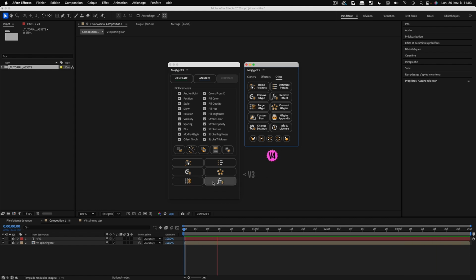So you have the other ones you had there, they are now there, okay? So you still have custom font, you still have remove glyph, remove effects, okay, just like you had before. And you have change settings and info license there. And you have a new way to